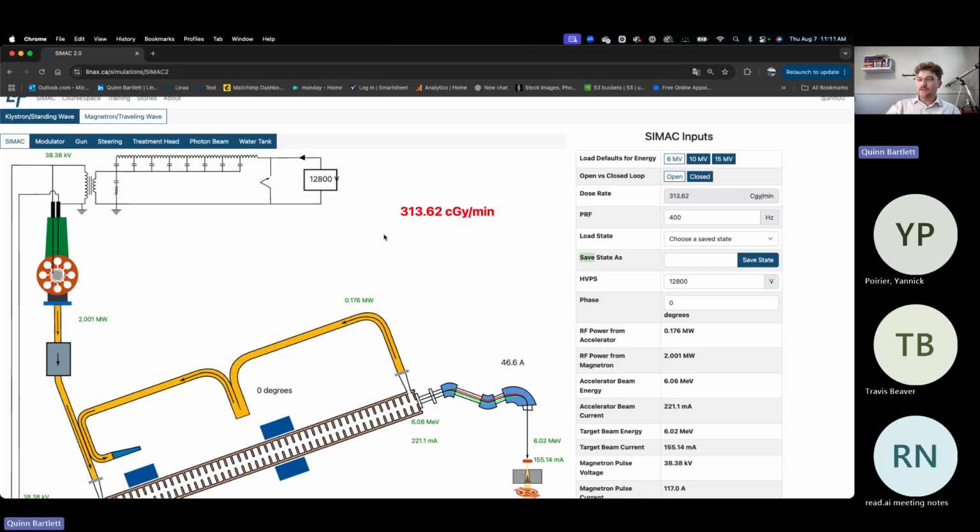Some other customers that have used this have also told us that there's some use in just preparing before you go on the machine. There's definitely merit here for students to be able to do some research preparation, or whatever anybody's going to do on the machine, to just be able to set up a couple beams, run them, and look at the outputs of what we expect them to be like, so that we're more prepared when we actually jump in